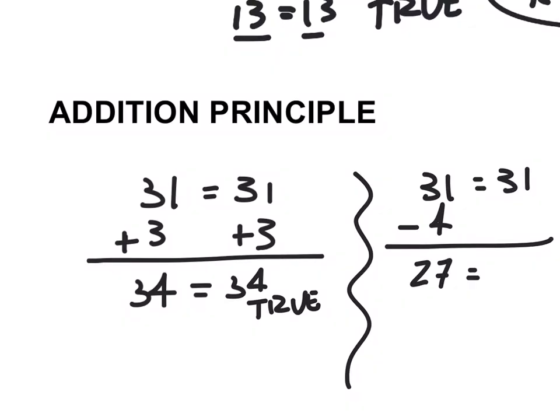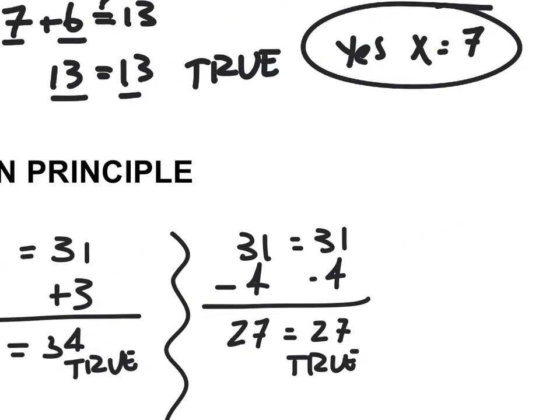So what do I have to do to 31 on the right side of this equal sign in order to keep this balance, to keep this as a true statement? I have to also subtract 4 from that side, and it gives me 27 as well to make this true. Okay, so the addition principle means you can add or subtract